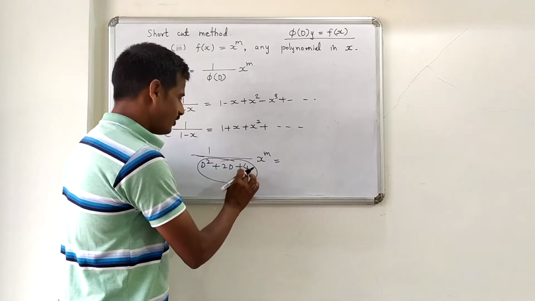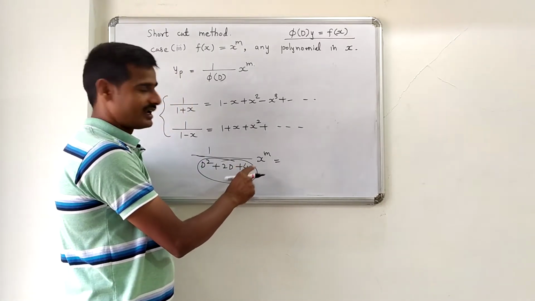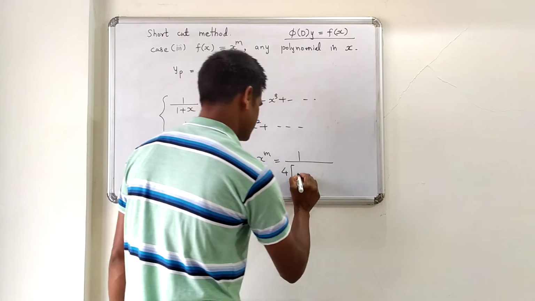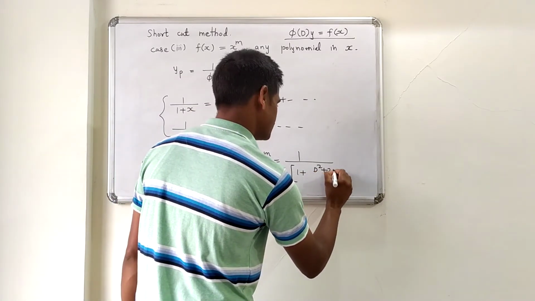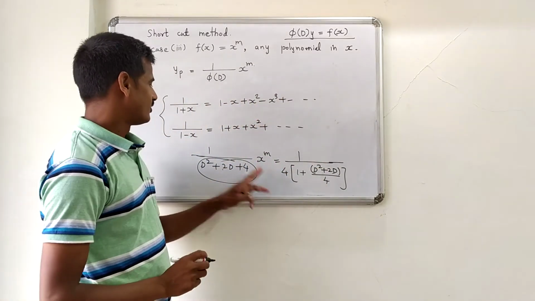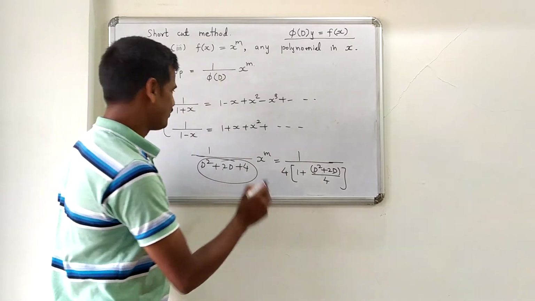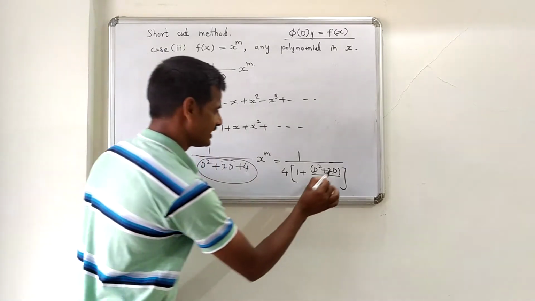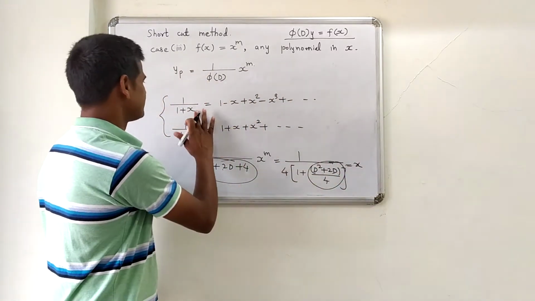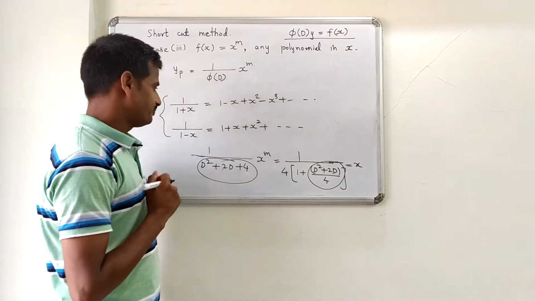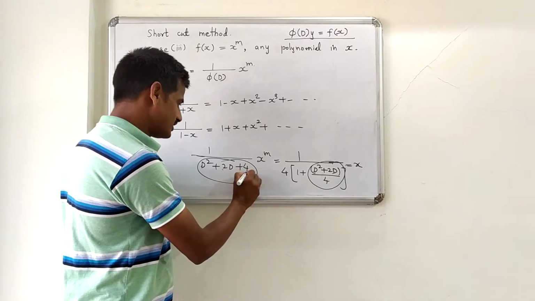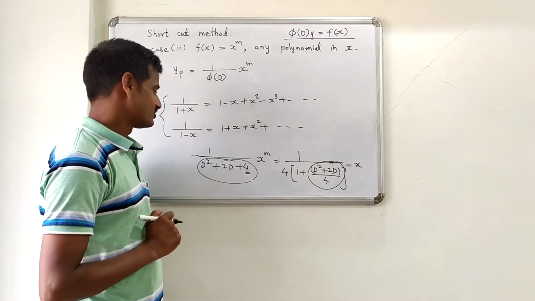So you go for the constant term. You look at this constant term and take this constant term common. So 1 upon 4, if I take 4 common, so what is this? 1 plus D square plus 2D divided by 4. Now your 1 upon phi of D is in the form of 1 upon 1 plus x. So what is your x? X is here, this. So I can call this as x. Please do not confuse this x with this one. Okay. So the point is, if a constant term is there, then you have to take that constant term common.